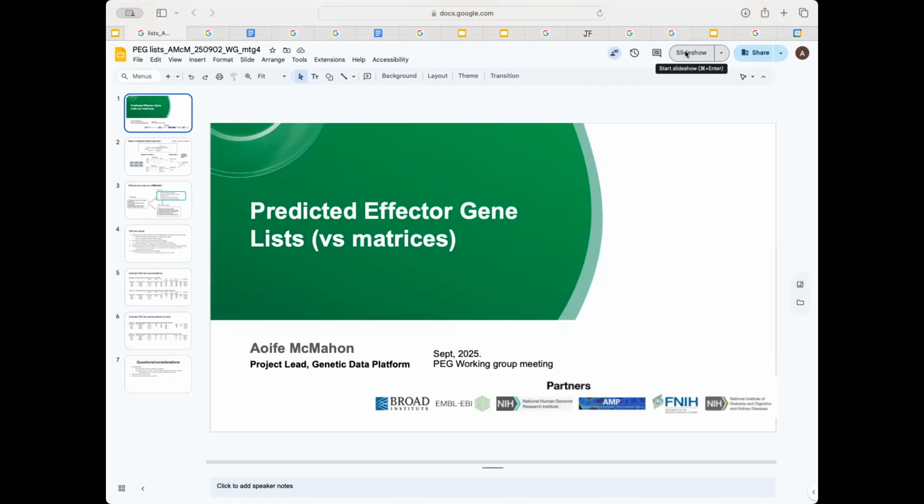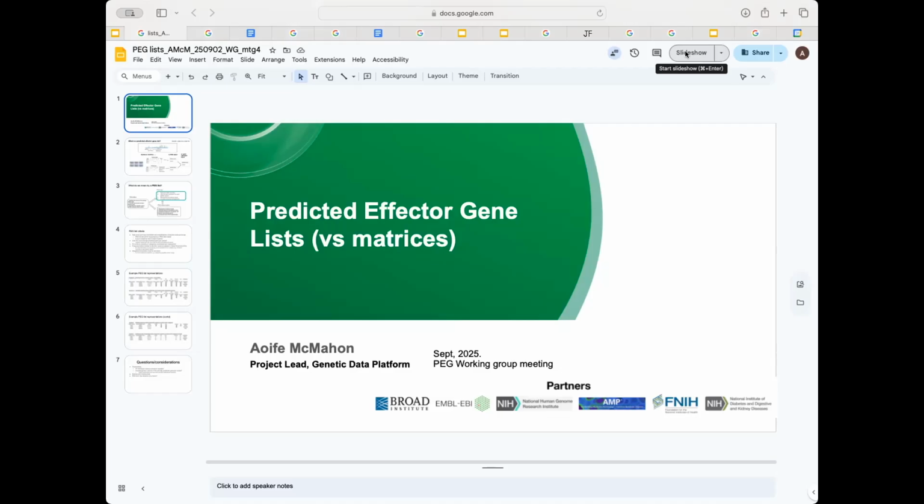I'm not going to get onto gold standard lists, which would probably be a compilation of different PEG lists. So we've got the PEG matrix, which is the structured table with all of the evidence types. We've got the metadata, which describes that.